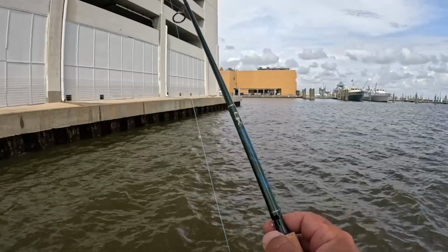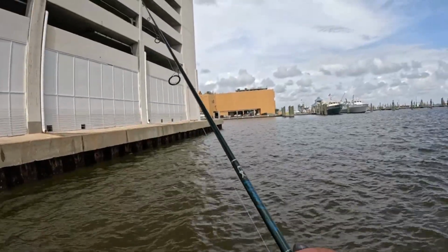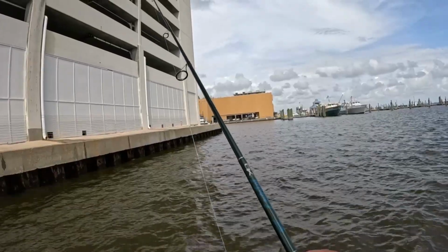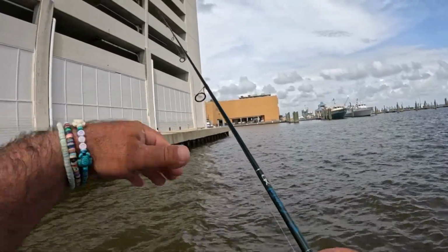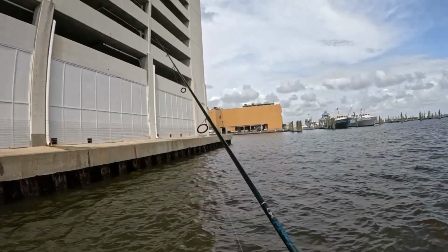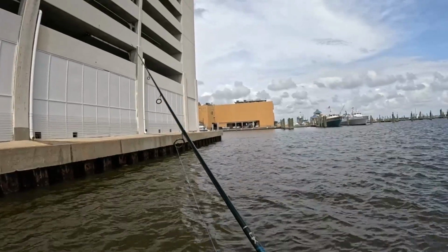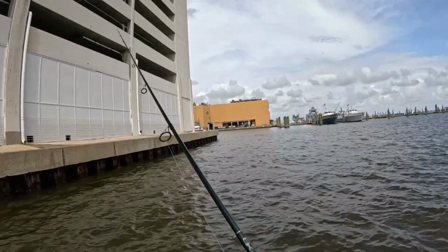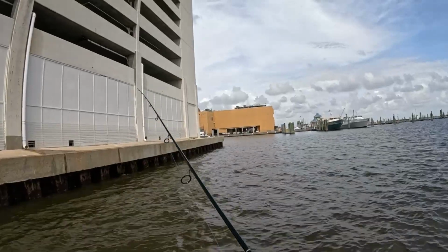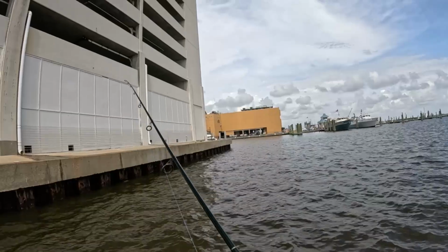Anytime you see a drain, those are good spots for flounder. And another thing that I've always noticed is around those little drains there seems to be like riprap on the bottom. I don't know if they just throw a little bit of riprap out there, that way that outflow doesn't, you know, mess the bottom up right there. I don't really know the reasoning of it, but I have noticed that there's